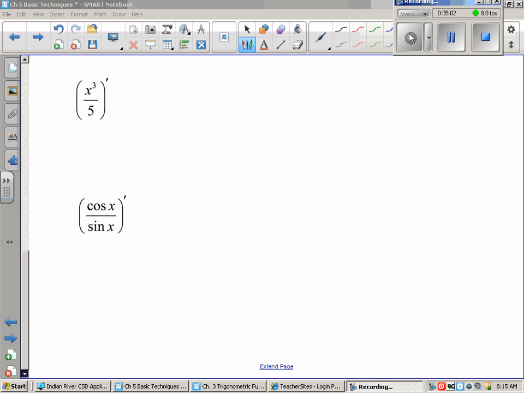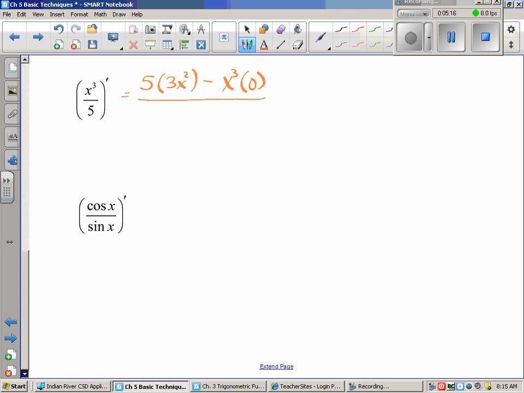But I'm going to go ahead and start explaining how to do each of these, just so that I can talk you through it after you have hopefully done this. So low times the derivative of high minus high times the derivative of low, which would be 0, all over low squared. So again, this part would basically be gone. So what we have here is 15x squared divided by the 5 squared, and so that's 25, right? And so we would divide both of them by 5, giving me 3x squared over 5. Okay, next,